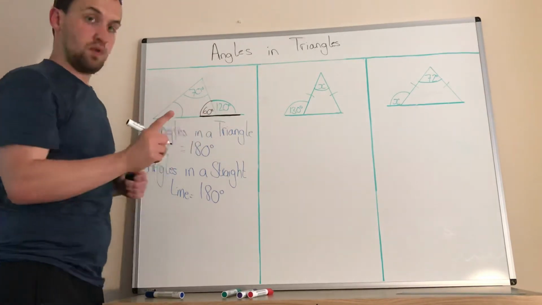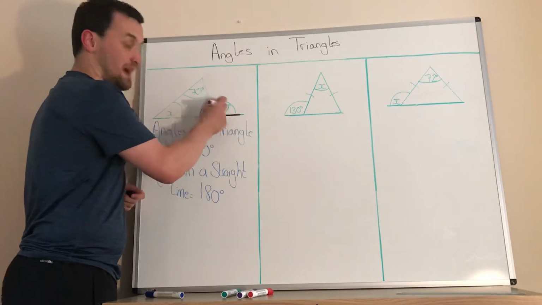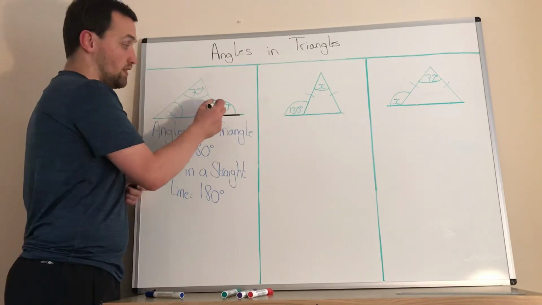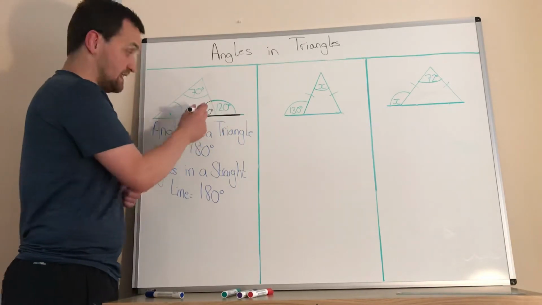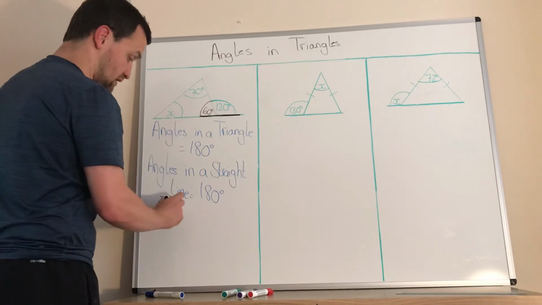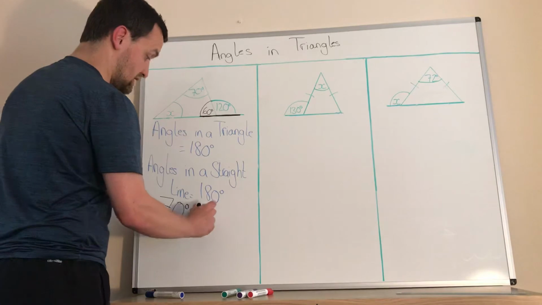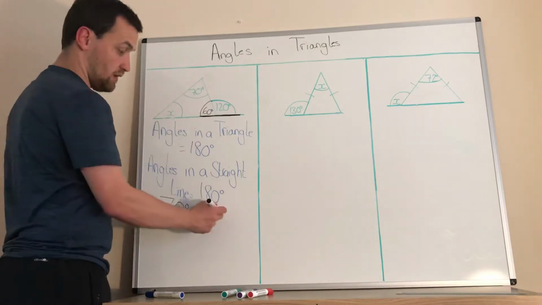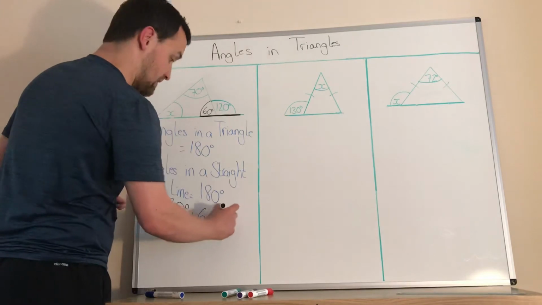Let's just recap before we go any further. That's a straight line there. We've got two angles on that straight line. We've got 120 degrees there, so to make it up to 180, this has to be 60 degrees. So we've got 70 degrees plus 60 degrees. 70 degrees is what we started with, 60 degrees is what we just figured out, and together that makes